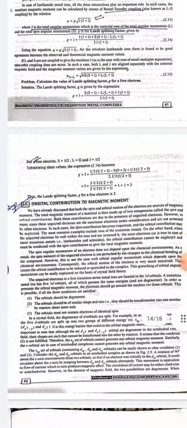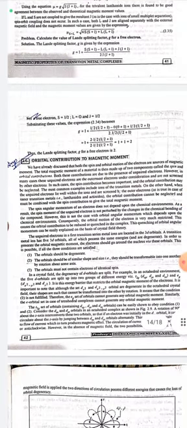2.6 Orbital contribution to magnetic moment. We have already discussed that both the spin and orbital motion of the electron are sources of magnetic moment. The total magnetic moment of a material is then made up of two components called the spin and the orbital contributions. Both these contributions are due to the presence of unpaired electrons. However, in many cases, these unpaired electrons are the outermost electrons and are not screened by other electrons. In such cases, the spin contribution becomes important and the orbital contribution may be neglected. The most common examples include ions of the transition metals.